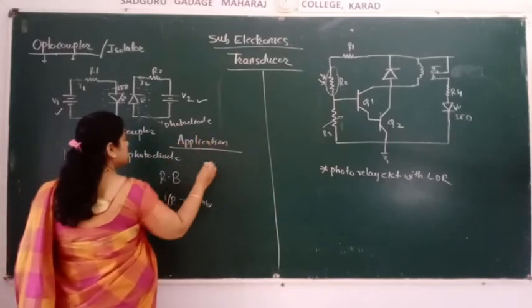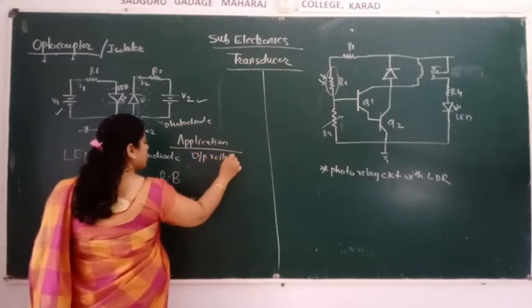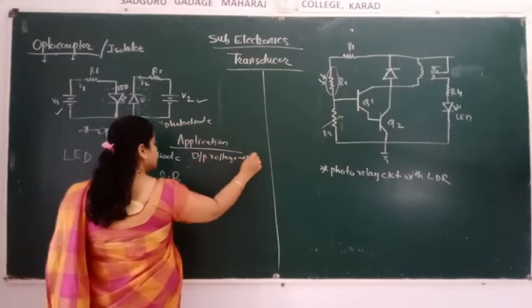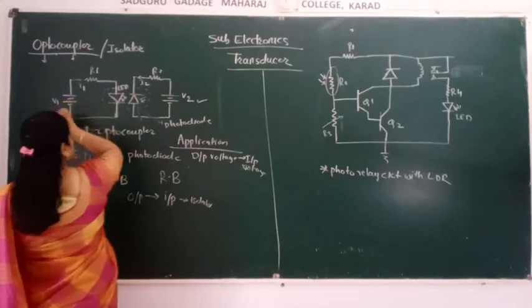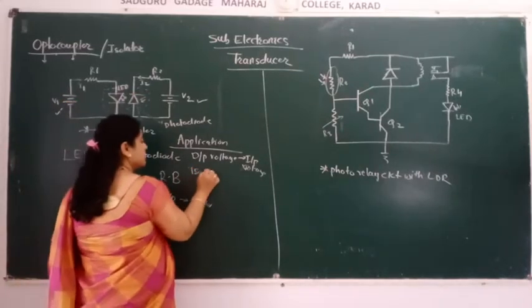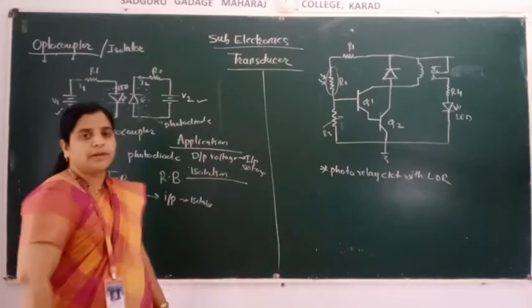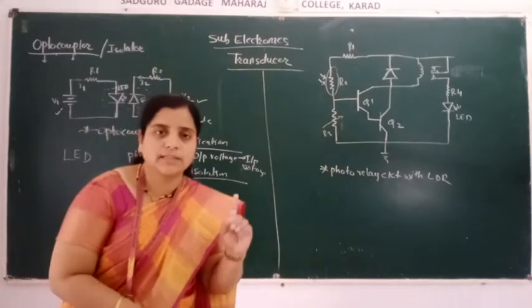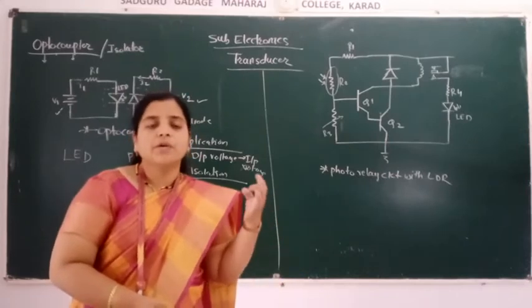One application is that the output voltage depends on the input voltage. This V2 depends on V1, therefore it is called isolation. And this is the application of the photodiode. What is a photodiode? A photodiode is a device whose operation depends on light, where one LED